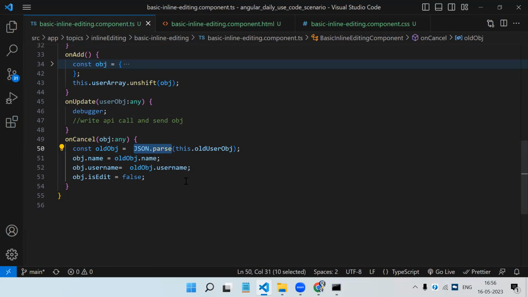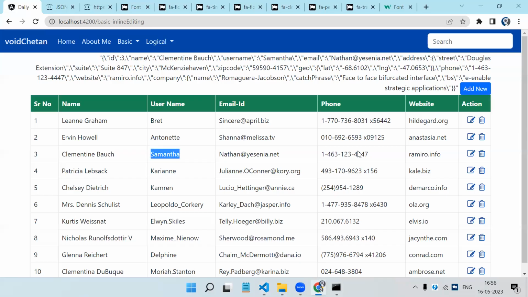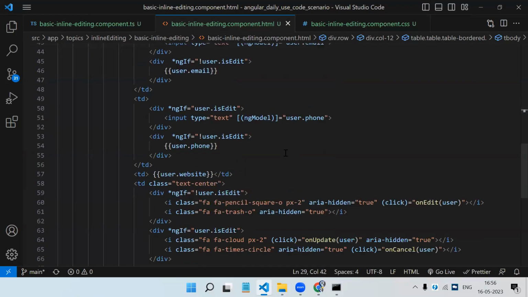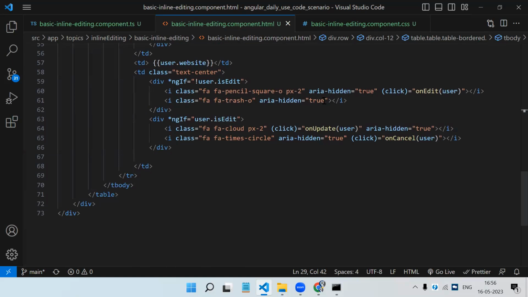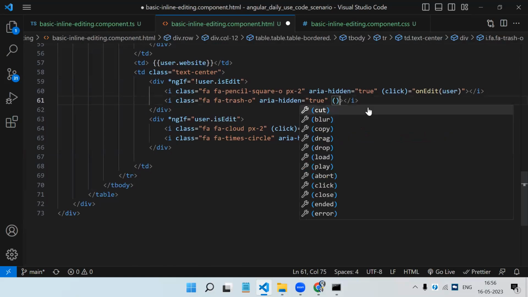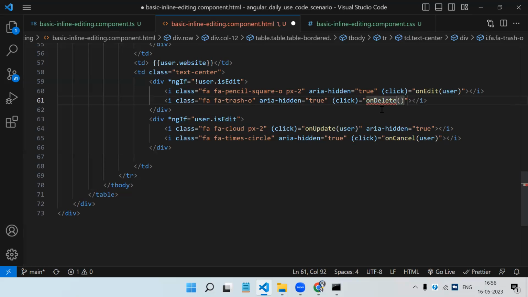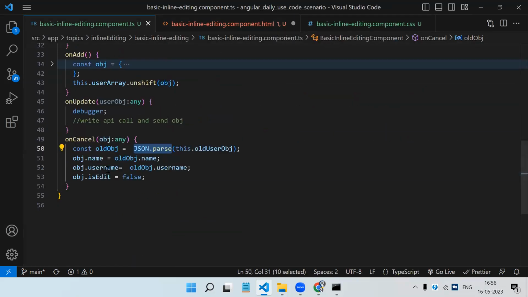So this is a very basic example of inline editing. On click of delete also, we just need to pass the object, just like edit. So just this thing was remaining. Like this, just write the click event on delete, and we need to pass the object. Then you can make the API call. On delete, we are passing the object. Then you can get that